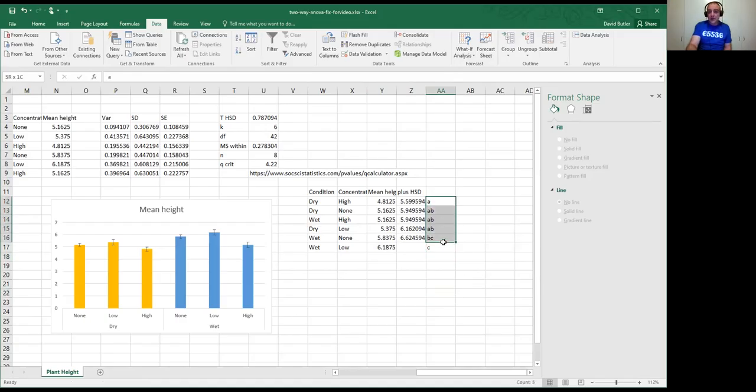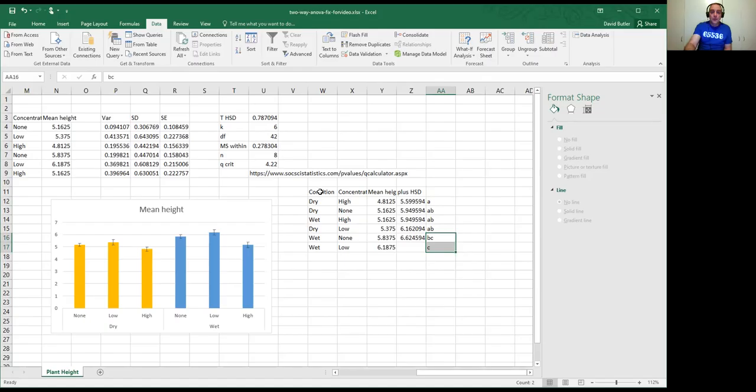And so these letters here say which clusters of them are considered to be not significantly different. Now, the logic doesn't transfer just because this one is significantly different from this one because they both don't have a C. Just because this one is not significantly different from this one and this one's not significantly different from this one, it doesn't mean that these two are considered the same. The further apart they are, the more we think they're different. So this lowest one is definitely considered different from both of these ones. Okay,